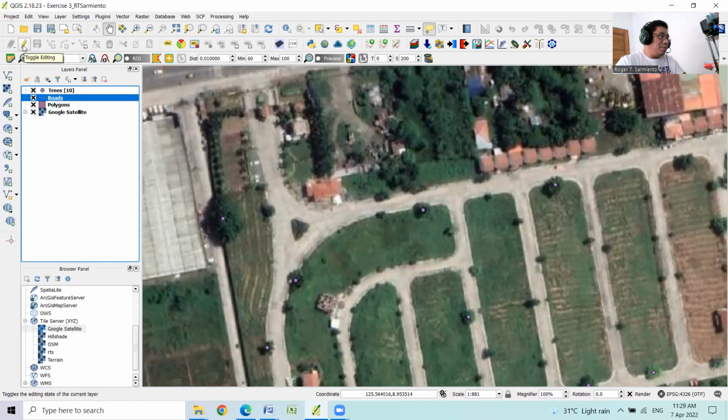Again, we will enable toggle editing. So notice nga na siya pencil, that's editable. And we will add feature. Click this one and start your digitizing by clicking the roads. So mag-start dapat when you click the roads, it should be on the middle portion of the road. Tunga. So from the gate, mag-start you click, and then once you move your cursor,